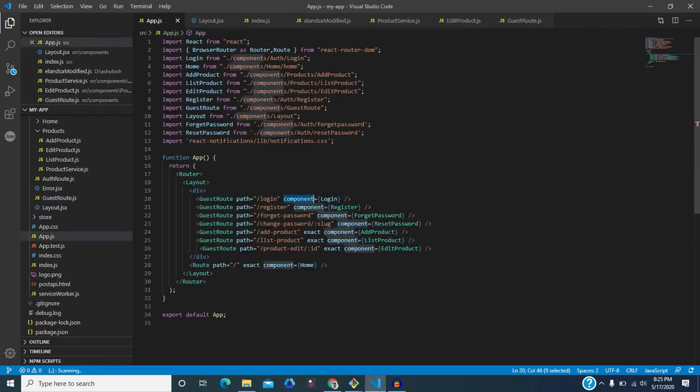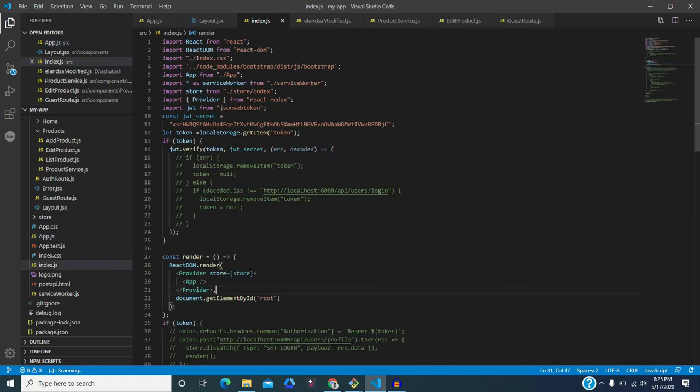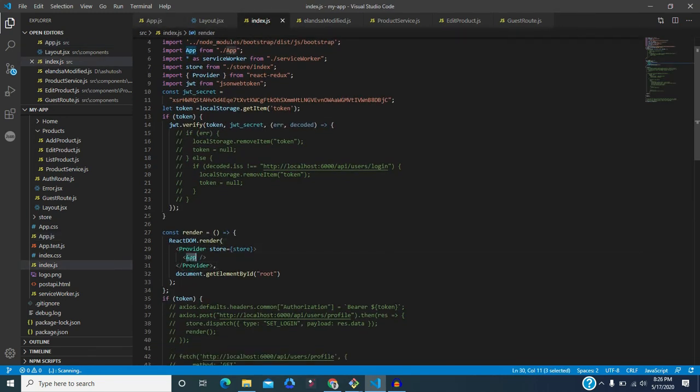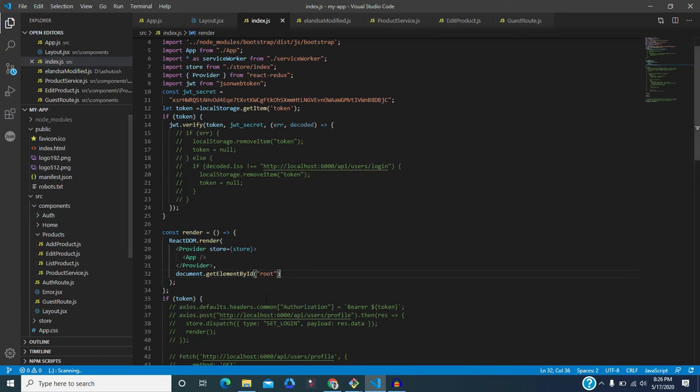So this will be rendered and stored in the app, because this returns to the app method, and whatever it returns, this is imported in the index.js, and this app, whatever app is returning, is rendered and replaces the index.html code where the division has id root. So this will be replaced with whatever we are returning here.